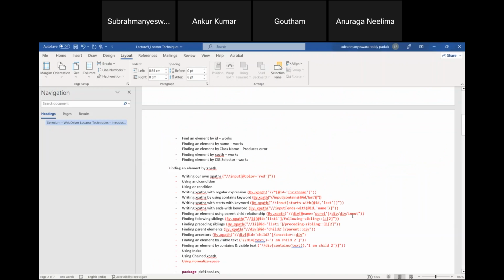Where do we use this one? Normalize-space. Whenever there will be extra spaces in the text. Yes. So if we have